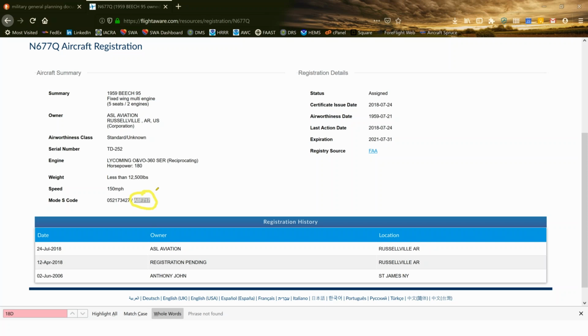Right there. So if you just Google the tail number, it'll pull up the registration. There's also the registration search function on the FAA website you can use. But Google works really well, and it just pulls up the code. So it's as easy as that.